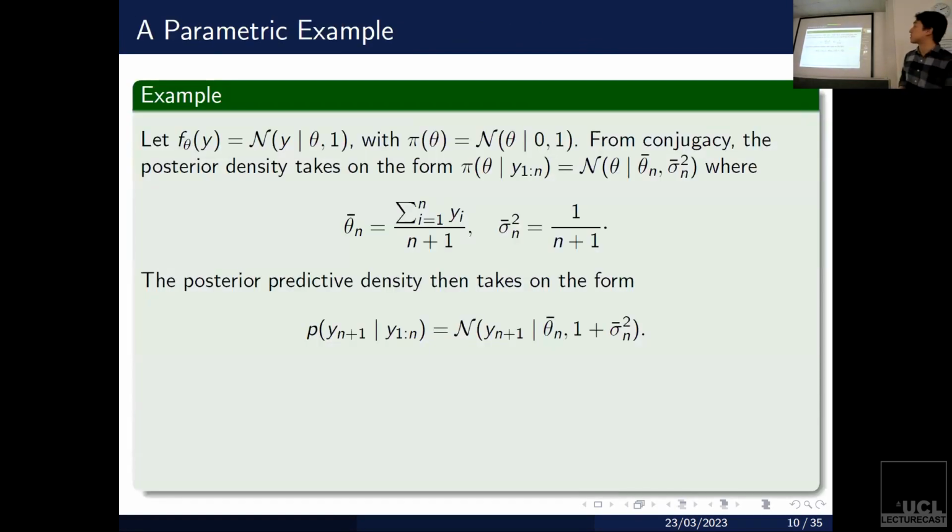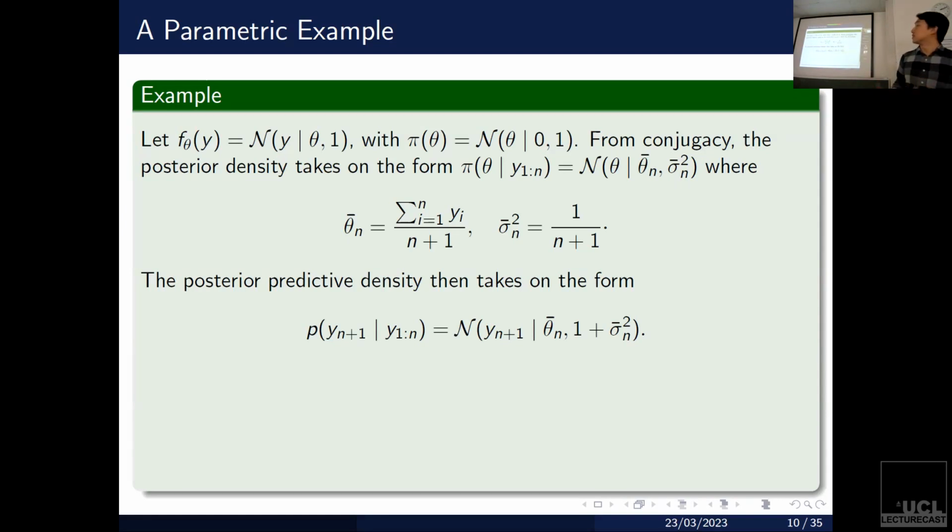So I'm going to go through a parametric example now, a very simple conjugate Bayesian model to show you what this looks like in practice. For now, it's been a little bit abstract with these infinite populations, but I'm going to show you that actually in practice, computationally, you can make this direct comparison. So let's start with a traditional Bayesian framework for now.